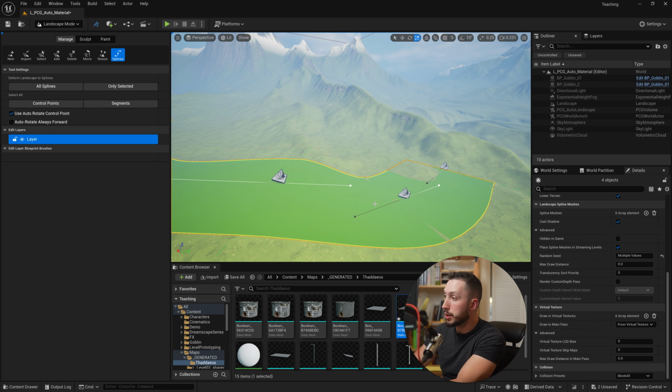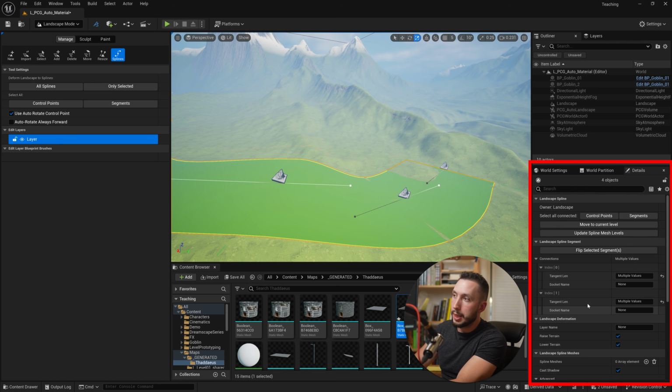So these are called points, and these segments are the surfaces or curve that's attached in between those points. Each of these could technically have their own separate mesh. We want to select all of them so that we can add the road mesh to all of them and not just one. So now that we have all the segments selected, we can come over here on the right